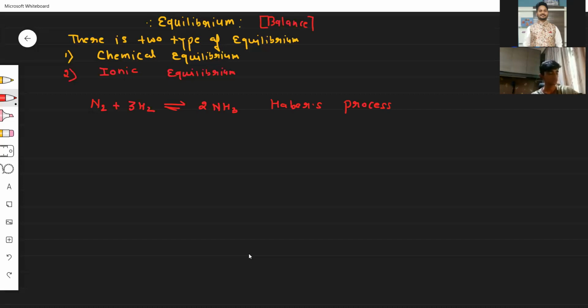Now I will give you another reaction like this. You have acetic acid, CH3COOH. It undergoes dissociation. There is a forward arrow and a backward arrow. You know, acid has a function. What does acid do? In the previous lectures, we discussed acids. What does an acid do? It dissociates, yes, and then what does it give you? It will give you the H plus ion.